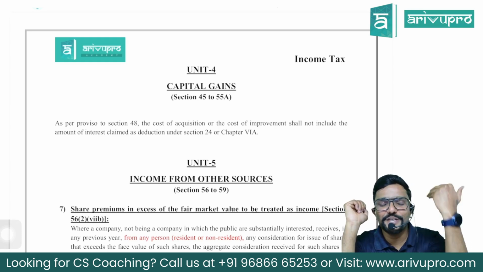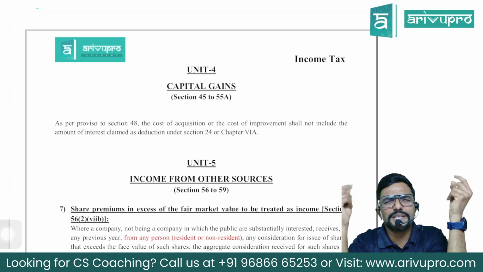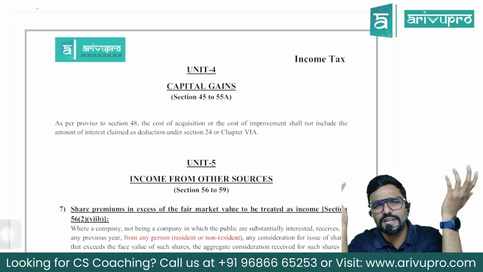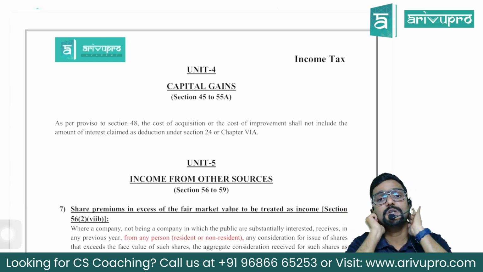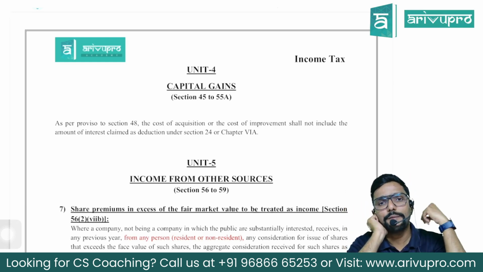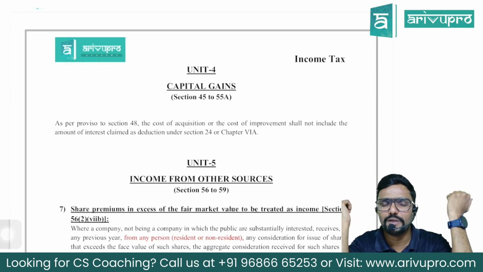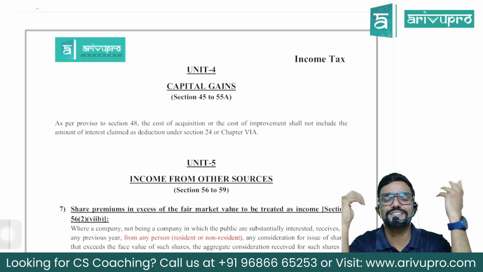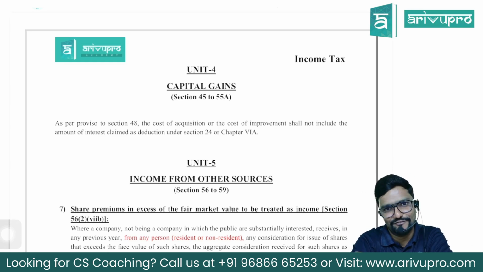I repeat this example. Assume I have entered into a transaction with you in May. So I was supposed to make the payment maximum within 45 days, if there is an agreement. But I made the payment, assume, on March 20th, 2024. So I have made the payment before 31st March 2024. Yes, sir. That is before the end of the previous year. Can I claim it? Yes. On payment basis, I can claim it in previous year 23-24 itself.